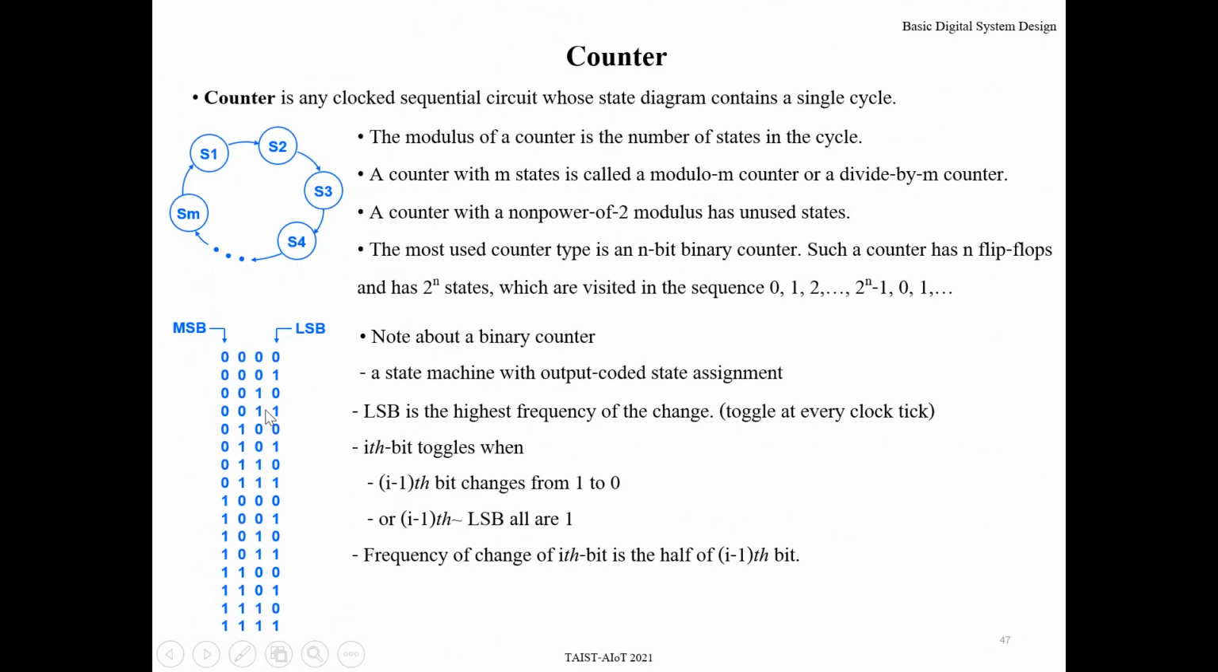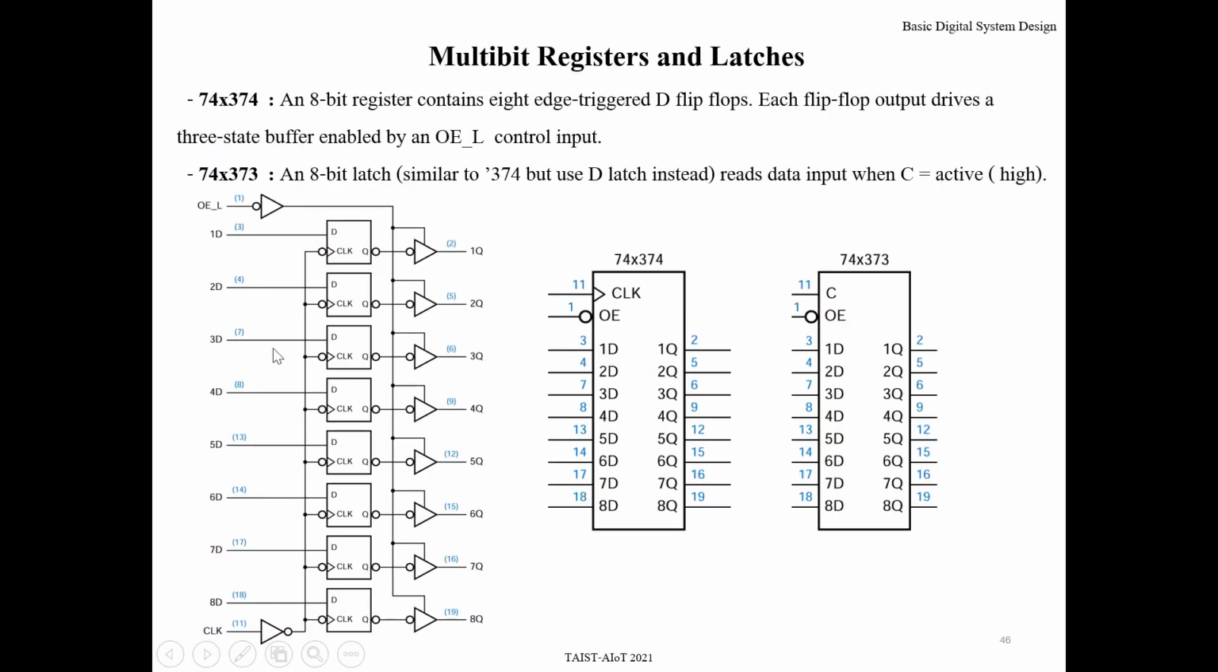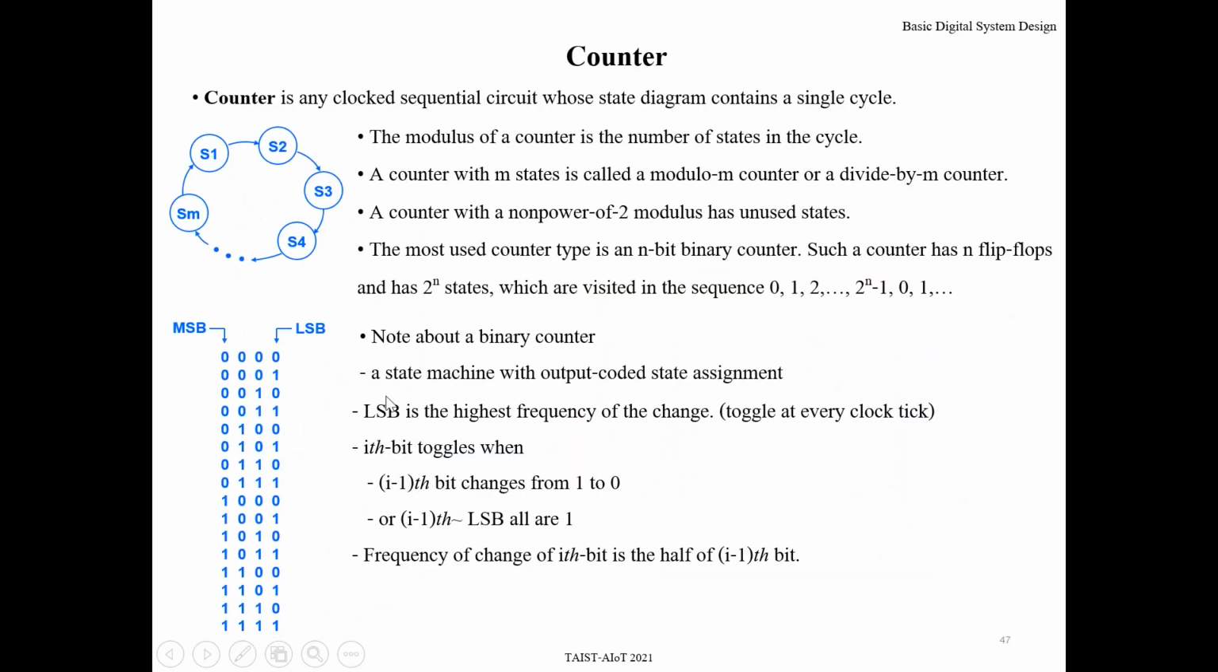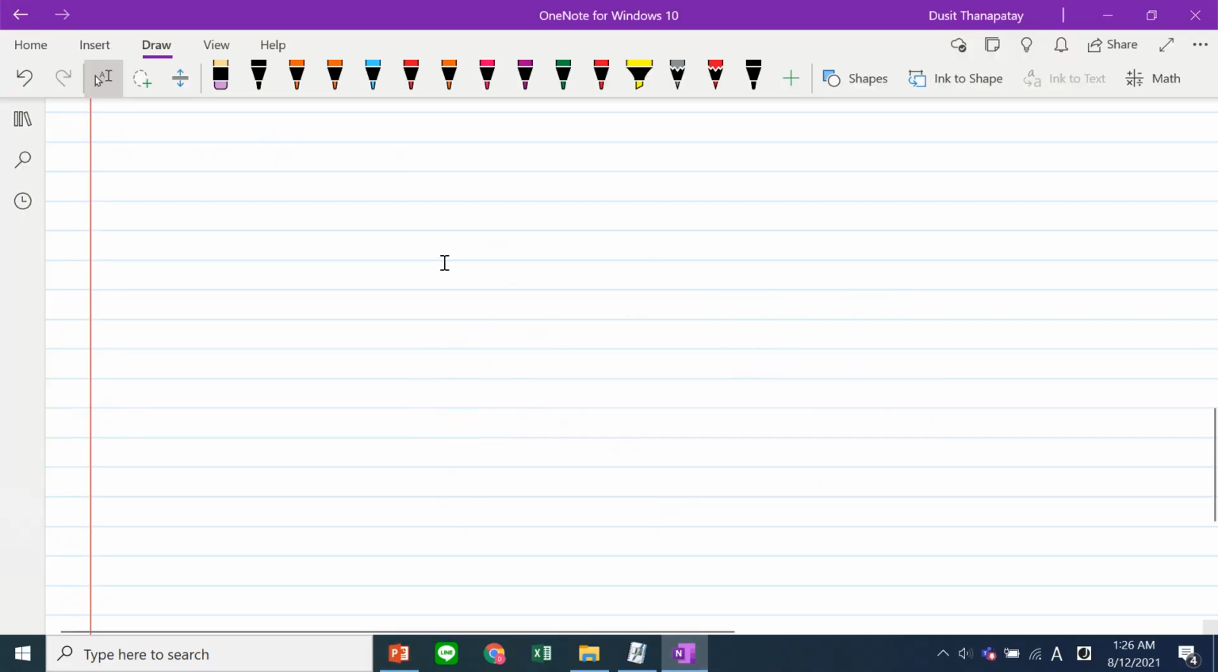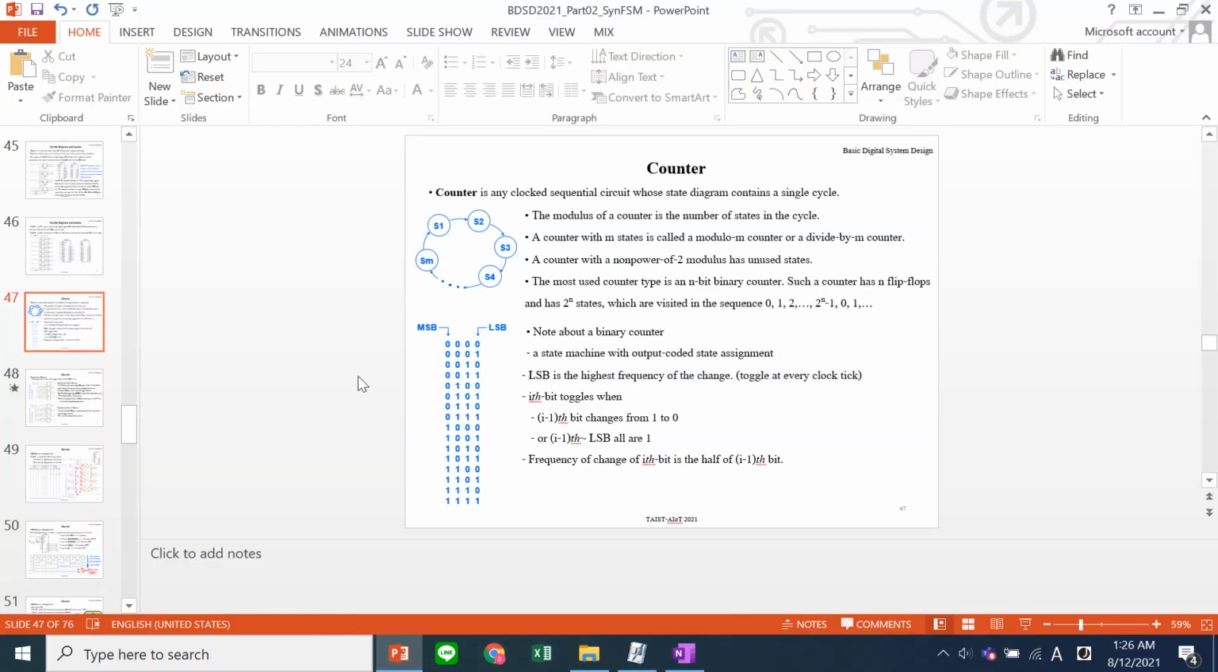Anyway, if someone cannot observe the behavior, what should you do? Okay, you may write something like this. For example, if I start from this state, then I follow this one,